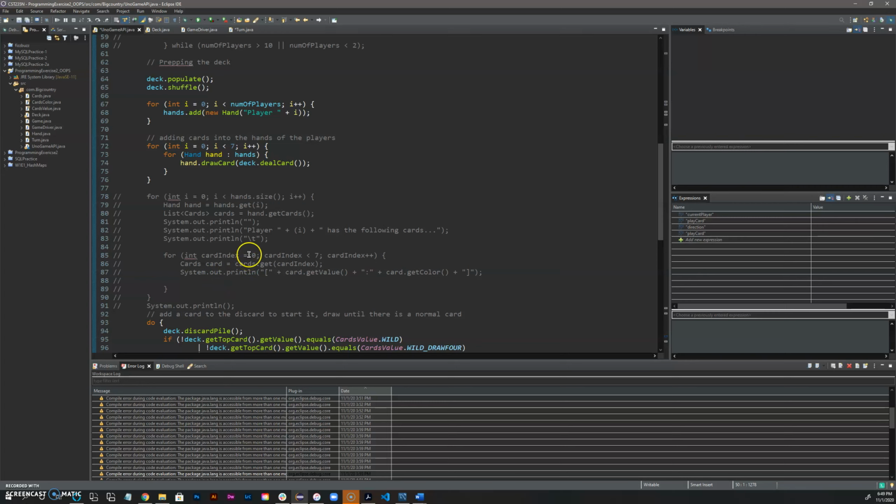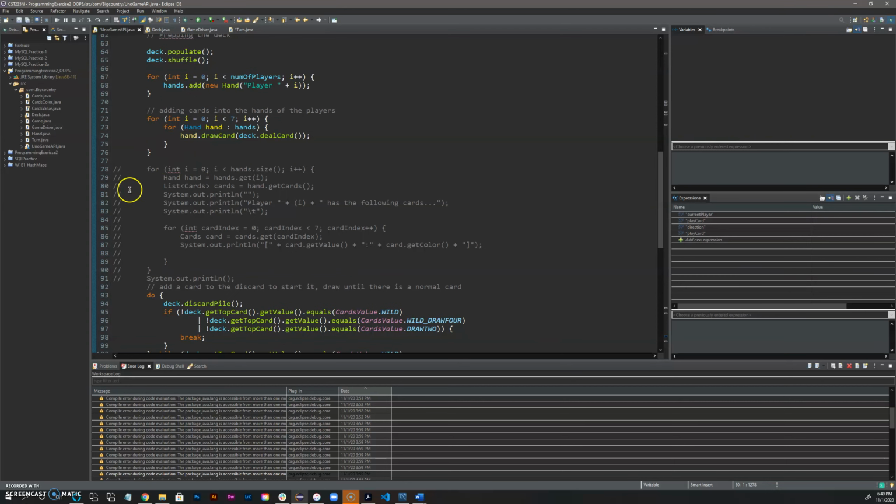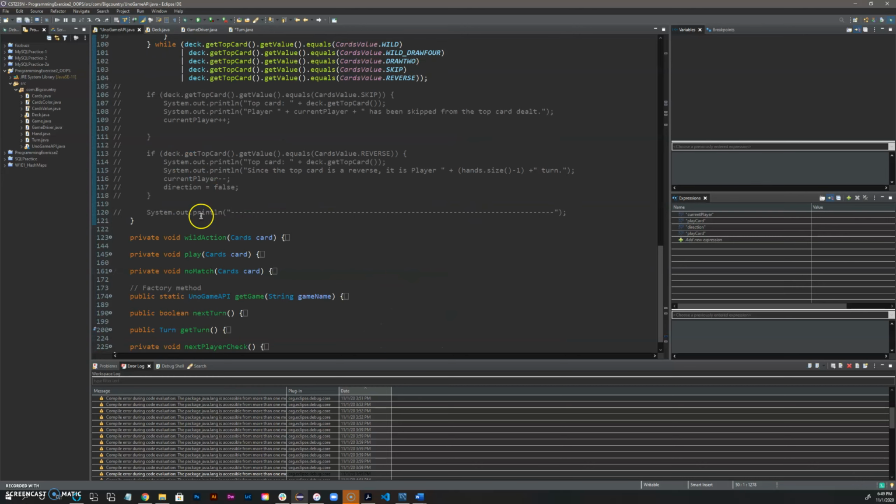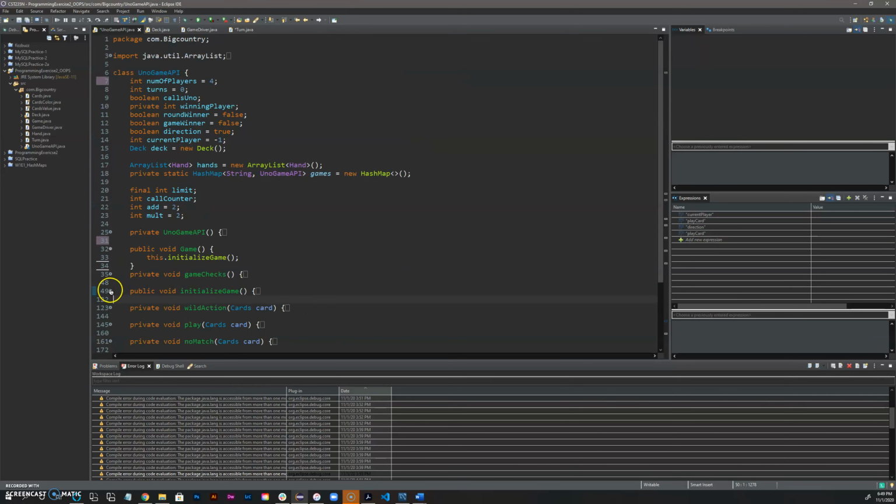I guess it's not really necessary, probably for a game where you're wanting to not see cards, probably not a good idea. But for at least testing purposes, they could be quickly re-implemented to see what's going on. So after we initialize the deck,